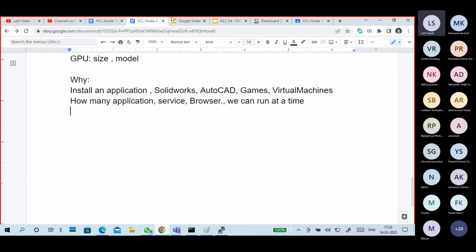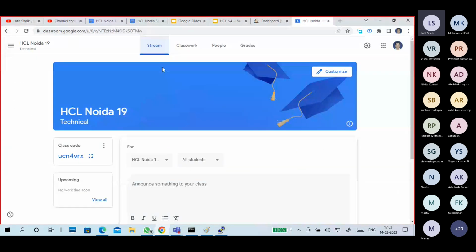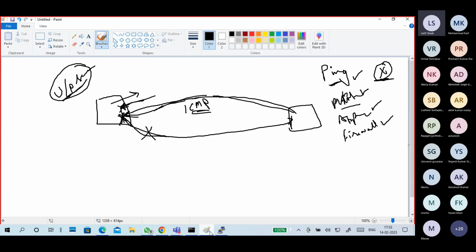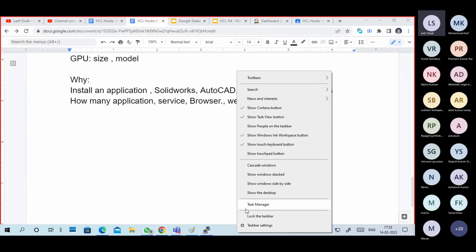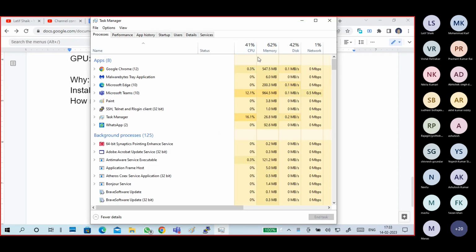I have opened a lot of tabs here, 8 tabs are open. So it will take more RAM capacity. If I am using multiple applications, WhatsApp, Google Chrome, Microsoft Edge, Paint, PuTTY, and this command prompt, it puts load on my CPU, memory, and disk.